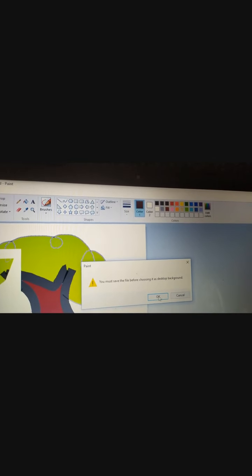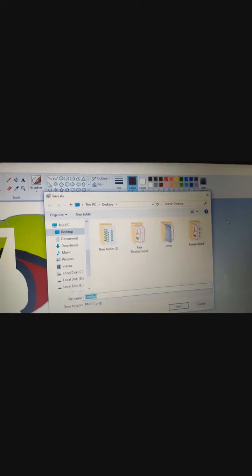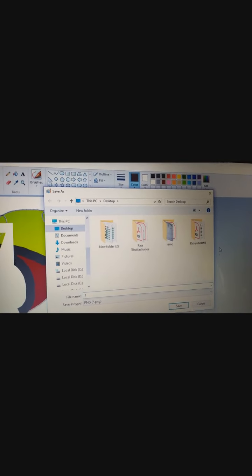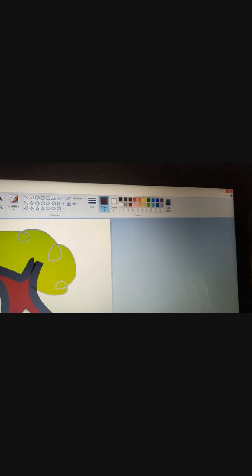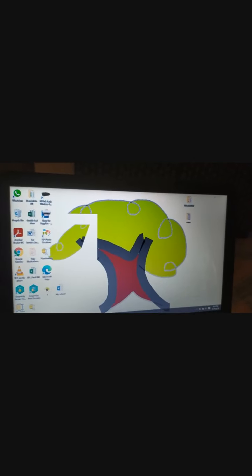Fill view will be to give the picture in the entire screen. Tile view will give it in a repeated manner, the tile of the picture, so that it repeats and fills the entire screen. Center will give the picture in the middle of the page. Now let us see how it is working. First, fill. Let us see whether it is working or not. See, the picture has come in the full screen.